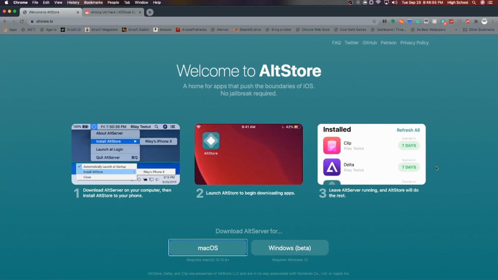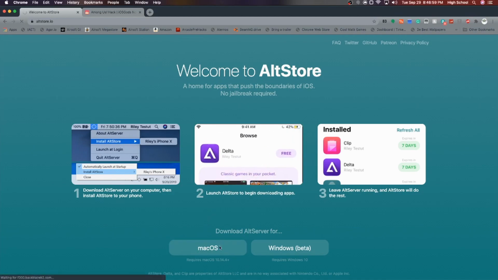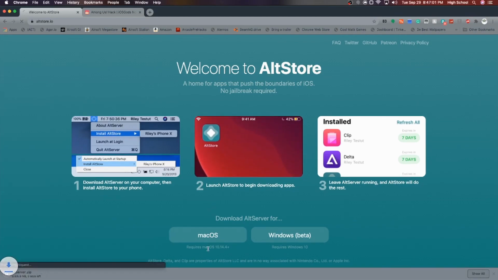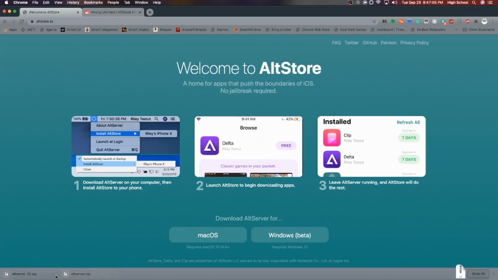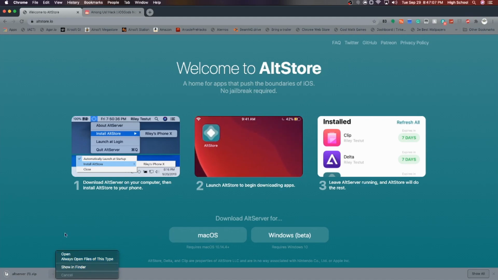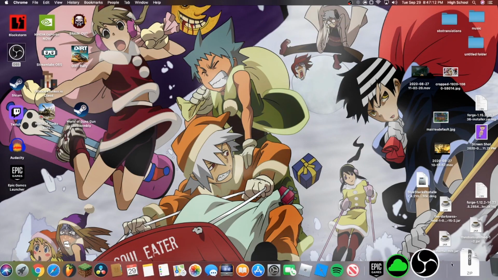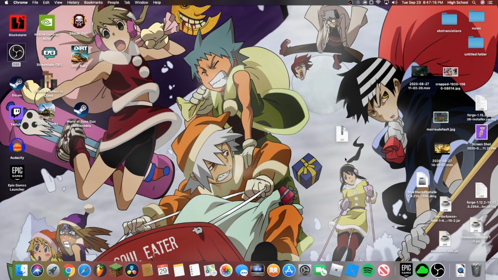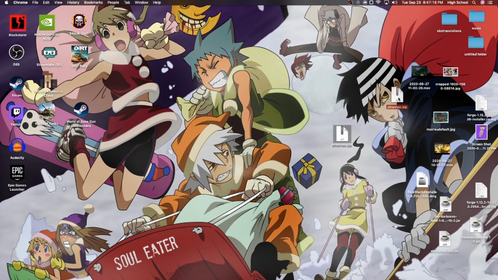So first, you're going to want to click on Mac OS. Give it a second. There it goes. Okay, it's just a little laggy. I just started up the computer and this doesn't have an SSD in it, so it's going to be really laggy. So let me just get rid of that. Okay, so now that you have this zip file, what you're going to want to do is double click on it